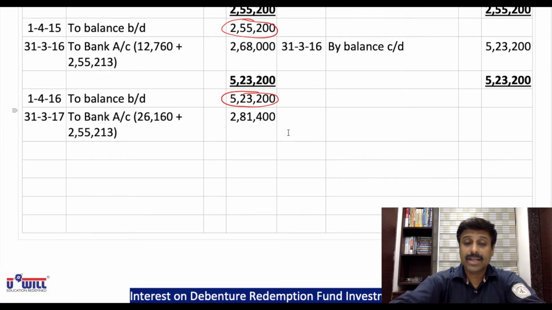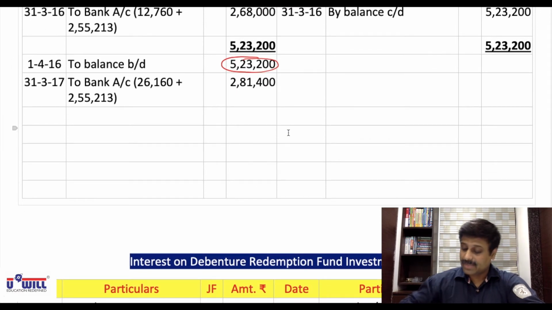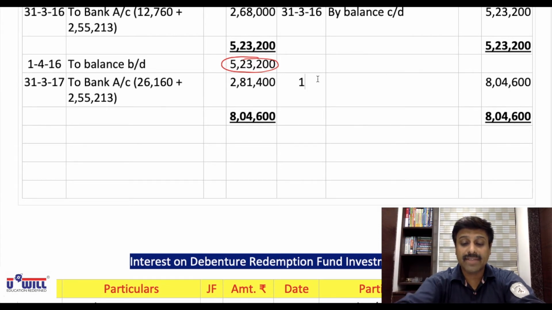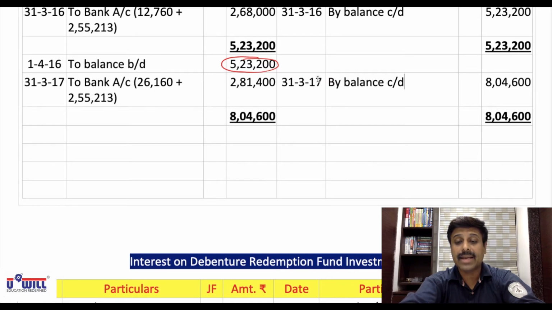Then investment account, again will differ. All of you do the totals of investment account. 523,200 plus 281,400. So 804,600. Okay, total is 804,600 on both the sides. And balance will also be 804,600. 31,317 by balance carried down, and opposite side 1,417 to balance brought down